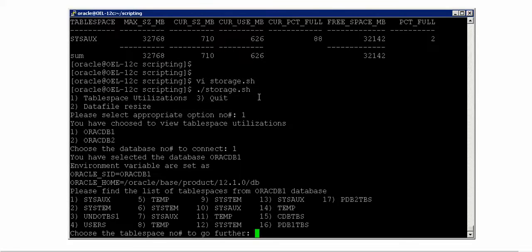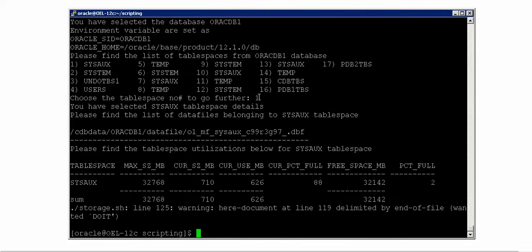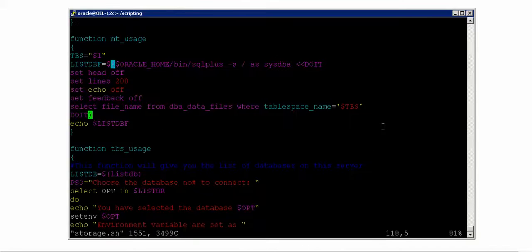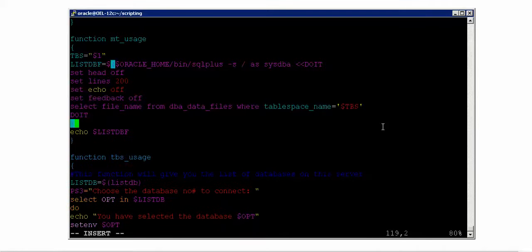1 1 and then 1, that's fine. So there is a warning. This is not how you redirect the output of your SQL prompt to a variable value. So let me come up with what should be the method. I think that should be the correct method, but I made some mistake with the delimitation. So I think this one should end here, and instead I have to use it here. I think this should allow us to do it. In case it doesn't, let us see what can be done.